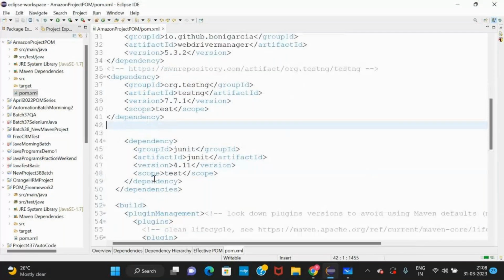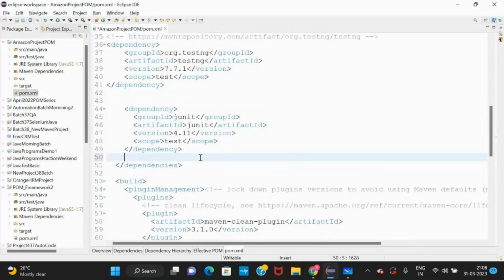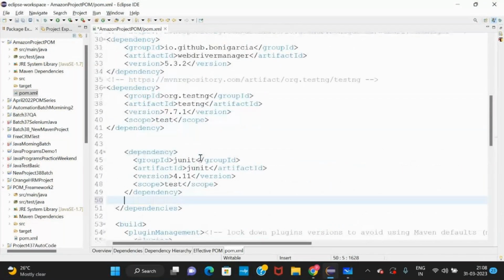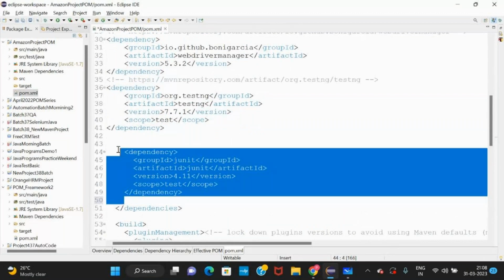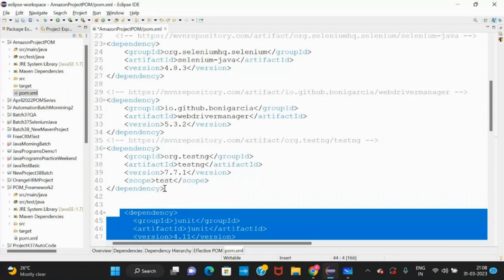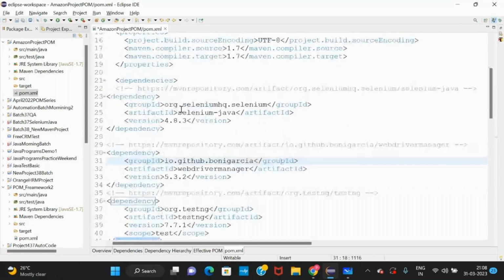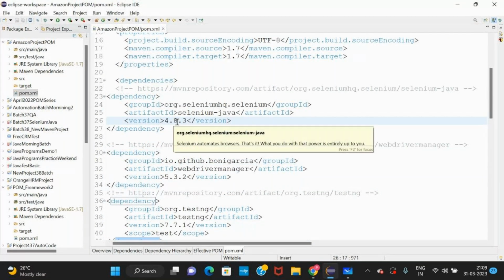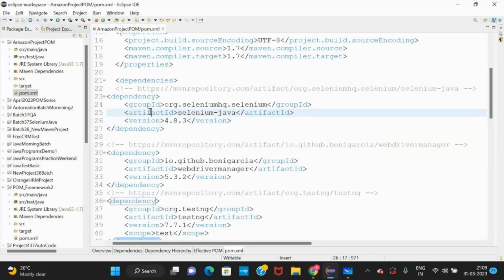Okay, fine. We have the JUnit dependency, which is okay, we will not delete. We have TestNG, WebDriver Manager, and Selenium. Save everything.